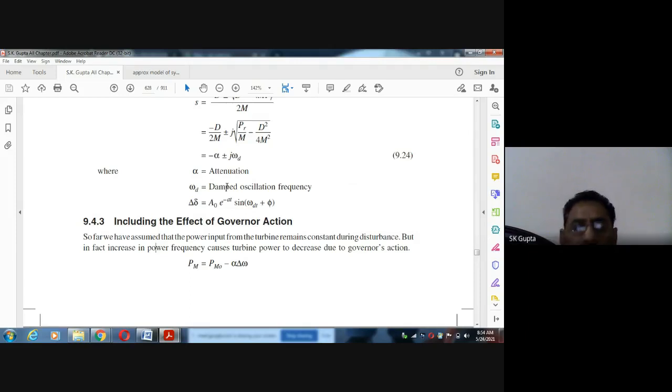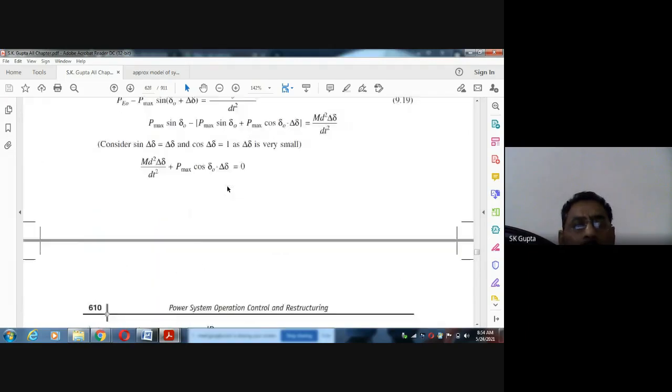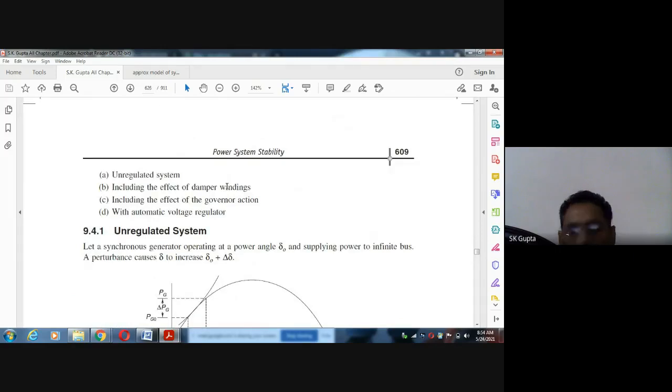So this we have seen the effect of what is the effect, means we have seen the dynamic analysis and the effect of damper winding on this and the effect of governor action on this। कि डैम्पर वाइंडिंग कंसीडर करते हैं तो हमारा डैम्पिंग फास्ट हो जाता है, गवर्नर एक्शन करते हैं तो और फास्ट हो जाता है।